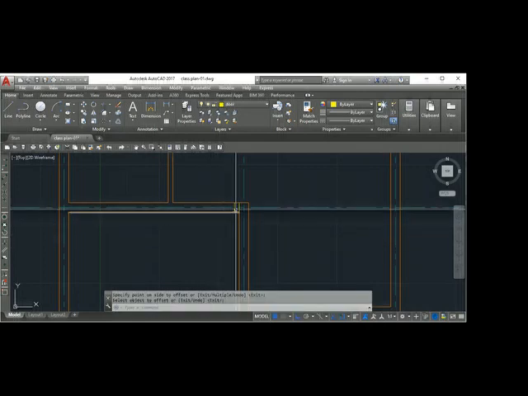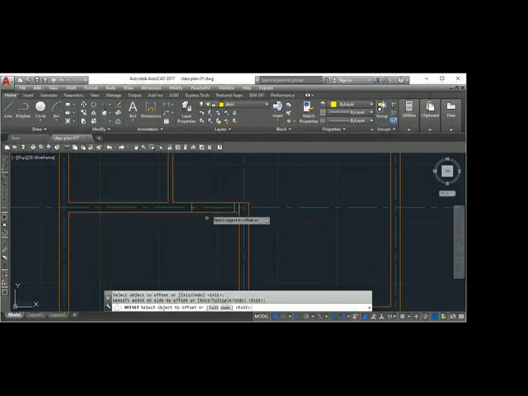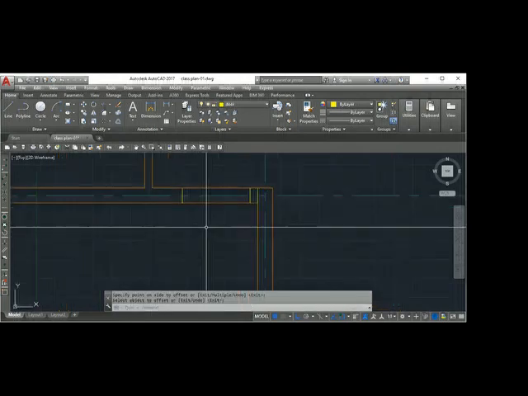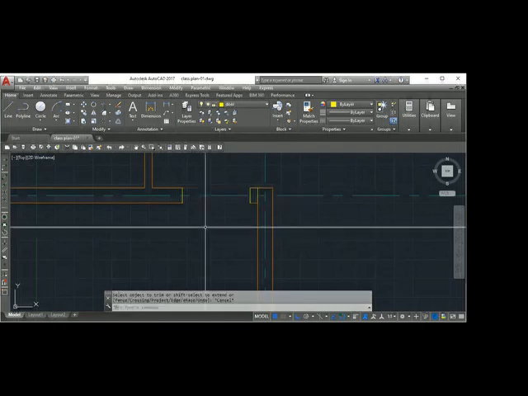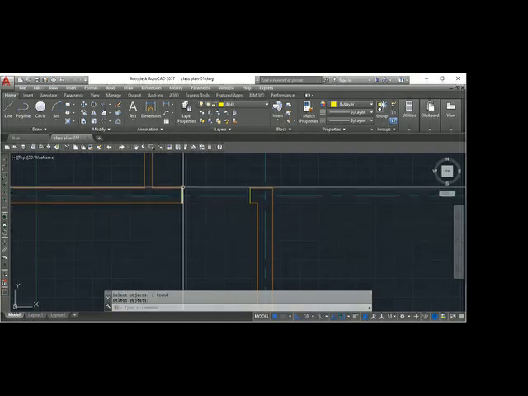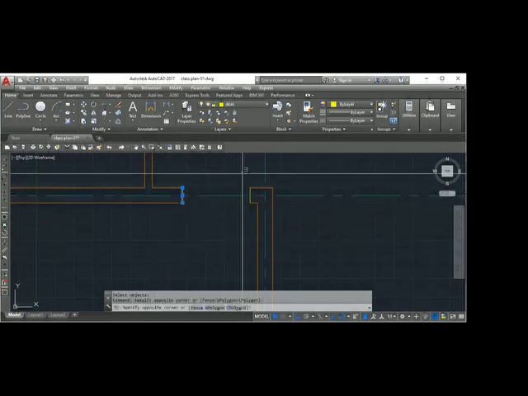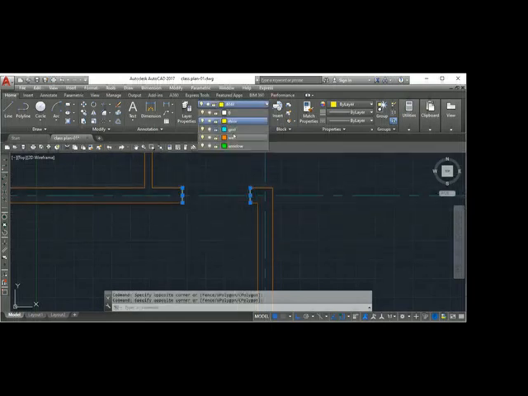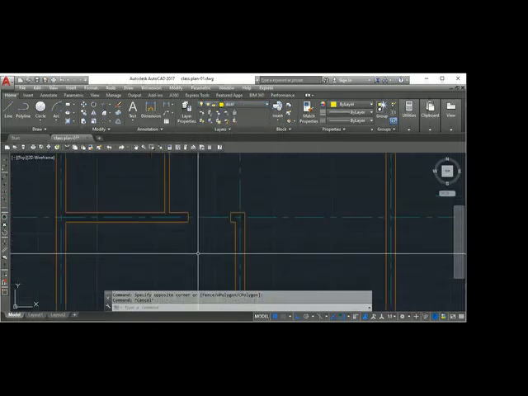Now I will offset the door opening distance. Door distance is 900. So this is my opening door distance. So I will click this, trim. I will erase this. Now you can see that since you are in door layer, this line is in door. So I will select these both. Go to wall layer. The line should be wall layer only, no? Should be wall layer. Now I have to bring my door. Insert.